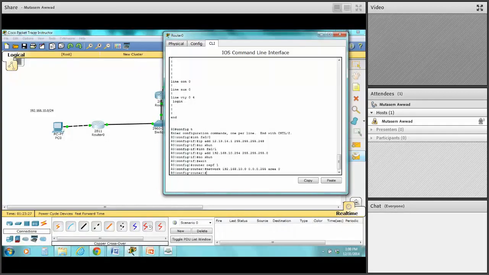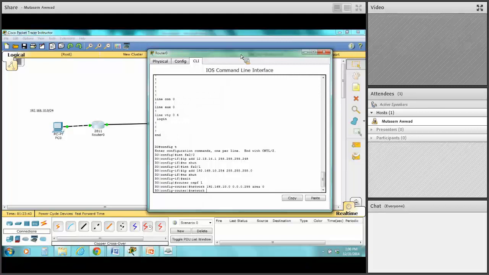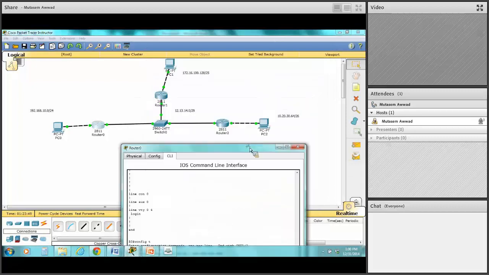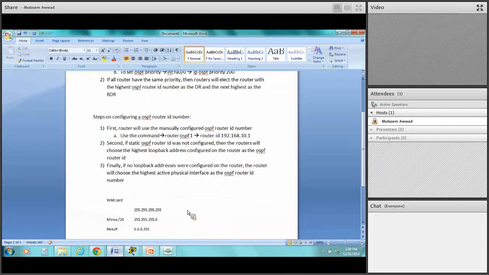It's never anything else. Okay, now we have to advertise this side, right? Which is network. What network is that? That's network 12, 13, 14, 0. So we will write 12, 13, 14, 0. What's the wild card for slash 29? So let's go back and recalculate that. So the wild card for slash 29 here,